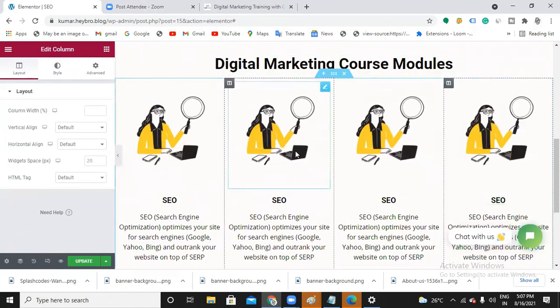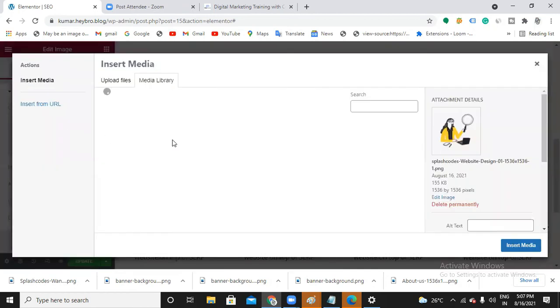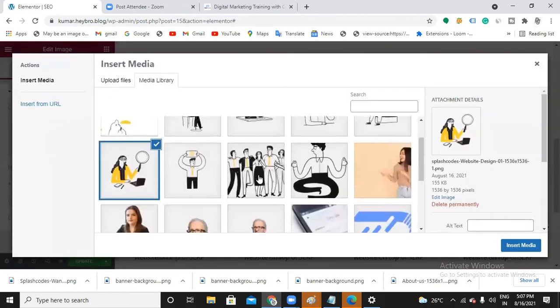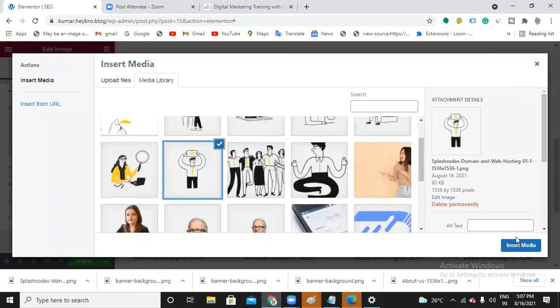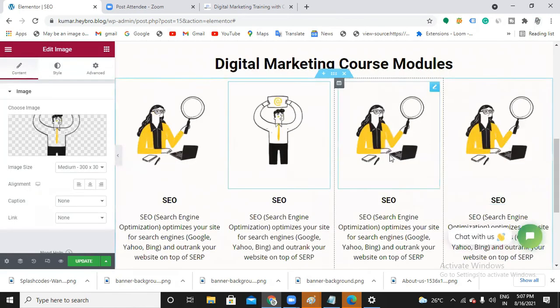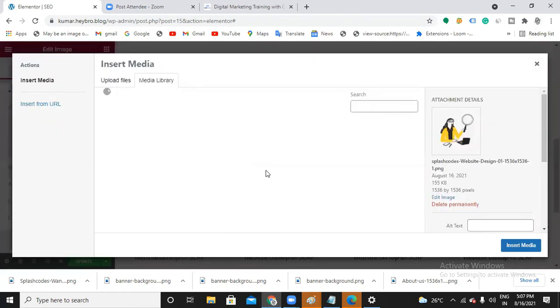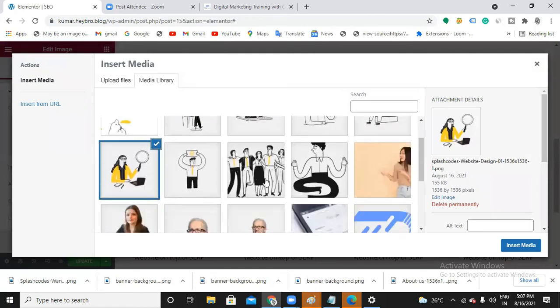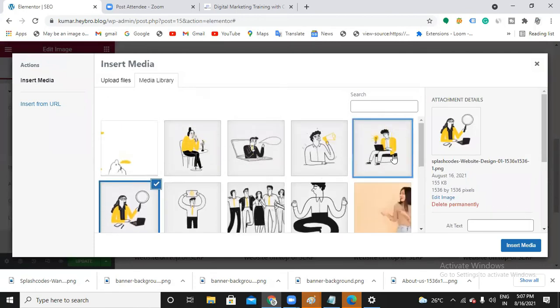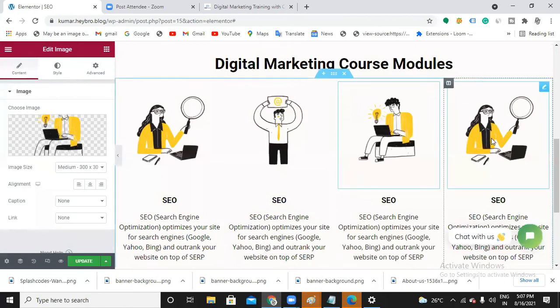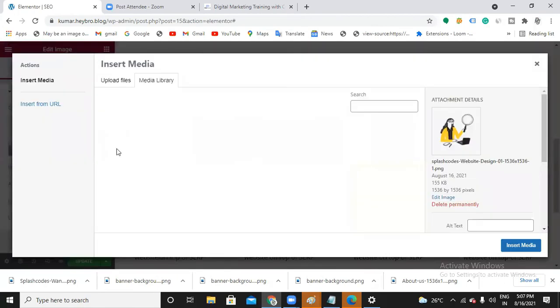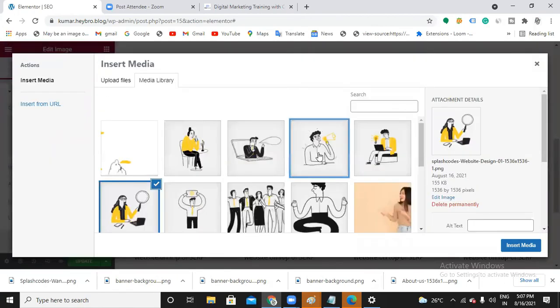So what is the next thing I need to do? I just need to choose different images, different text, and rewrite the content. So I'll just choose the image here first of all. Okay, I chose the images.